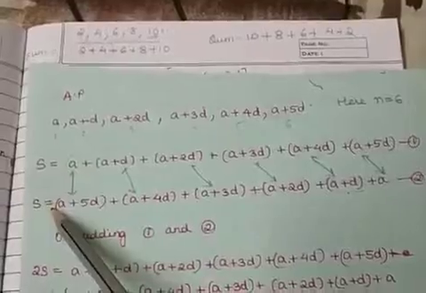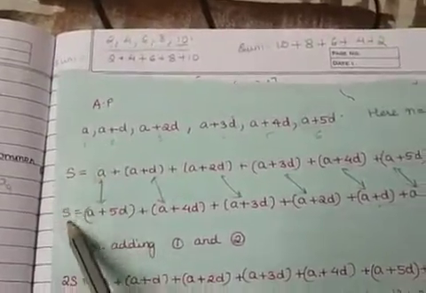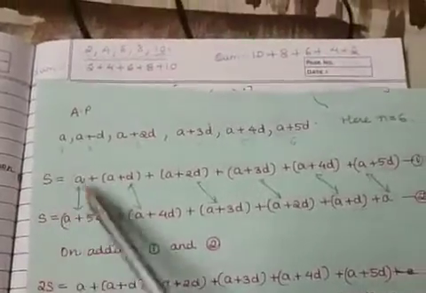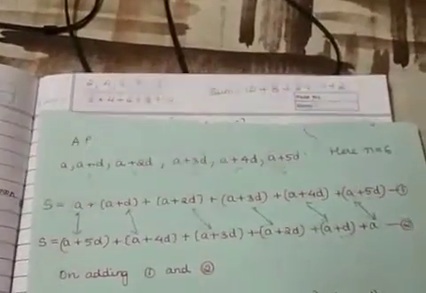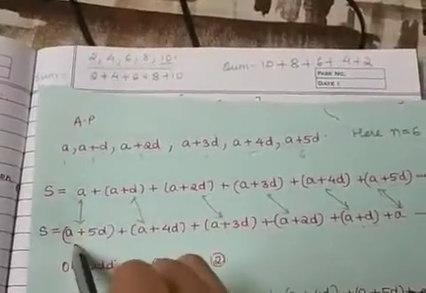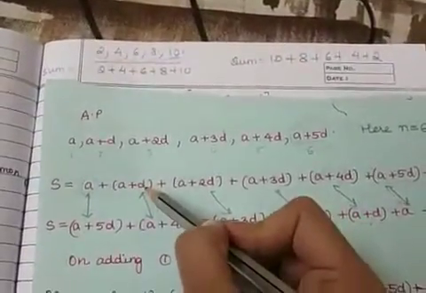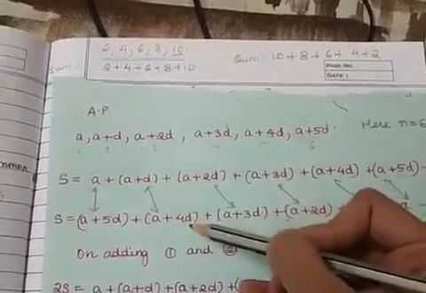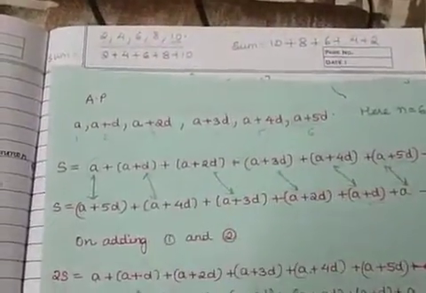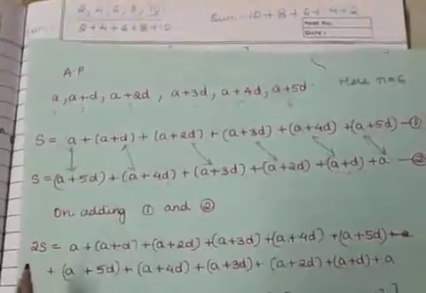So S plus S will be equal to, left hand side will be 2S, correct? S plus S is 2S. Now when you are adding the equations, you have to add the first term of this with the first term of this, second term of the first equation with the second term of the second equation. So you have to add the terms in such a way. So if I do that, I'll get